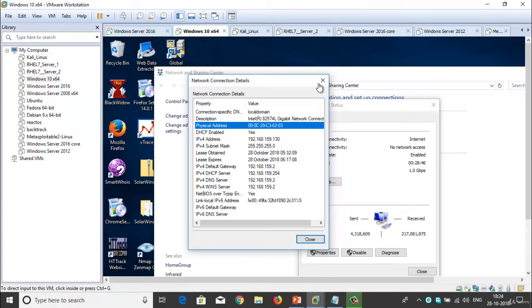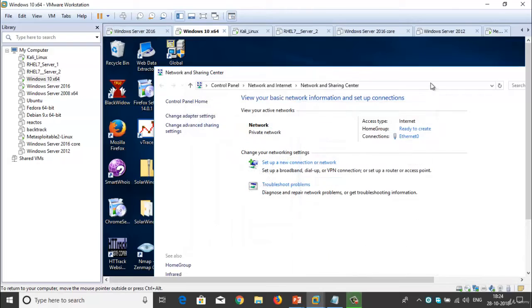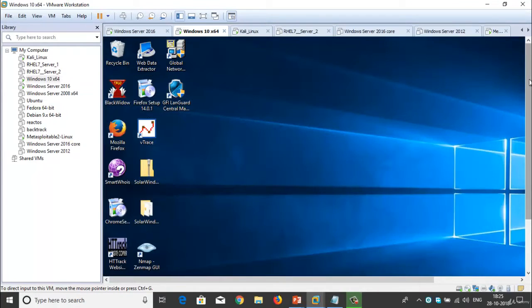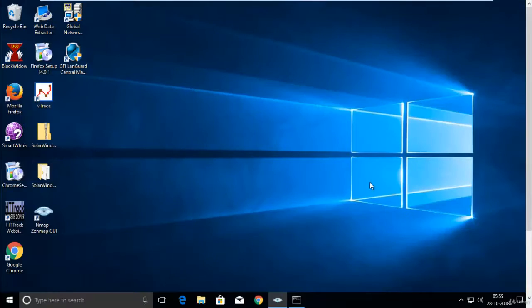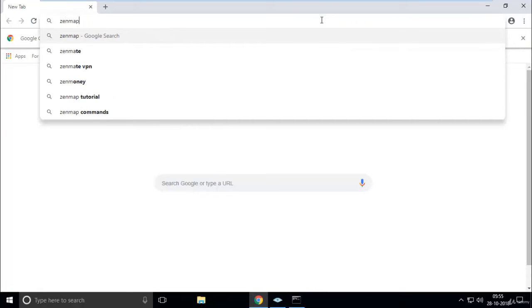And then we will discuss the Zenmap tool. I've already installed Zenmap in the Windows 10 operating system. You can simply download Zenmap from the internet. Just open a browser and search for the Zenmap tool.